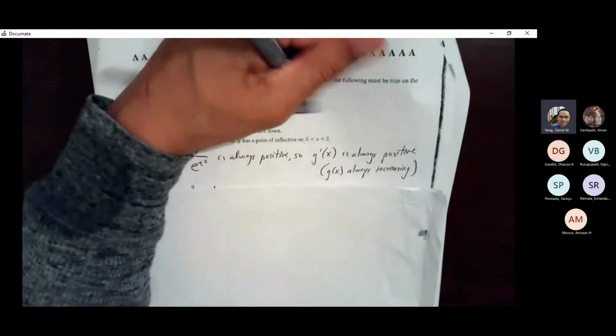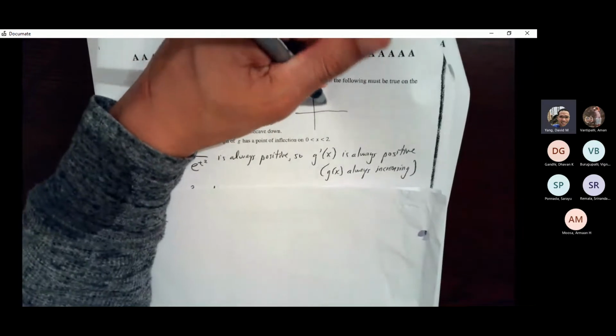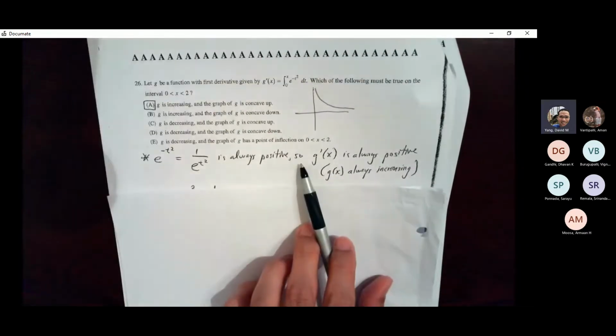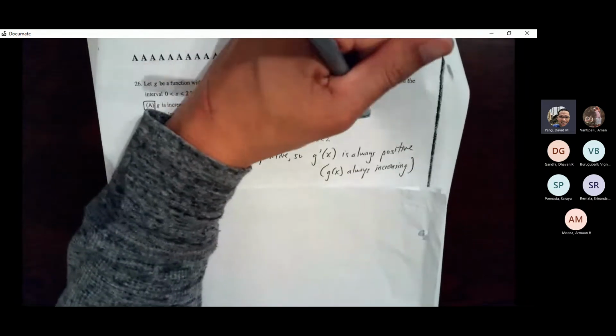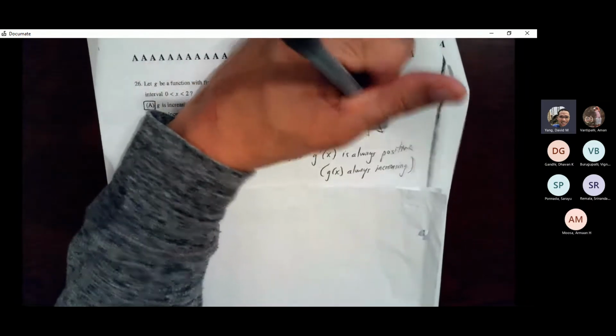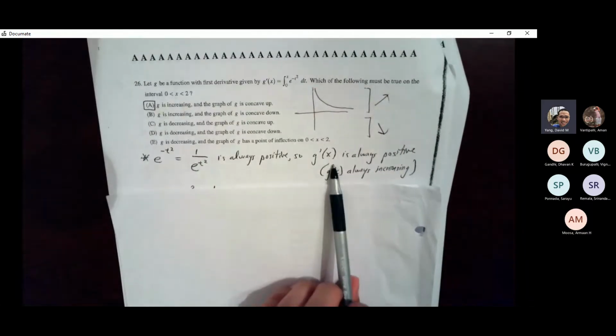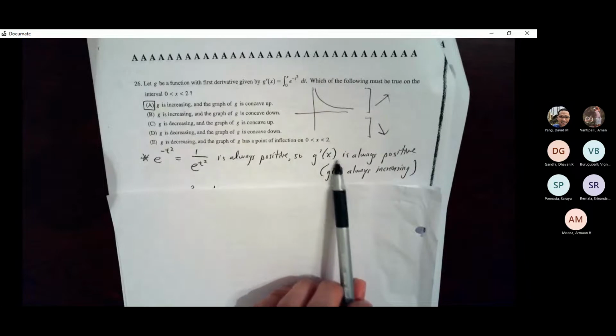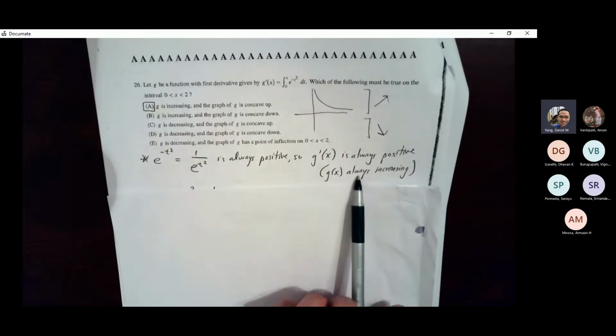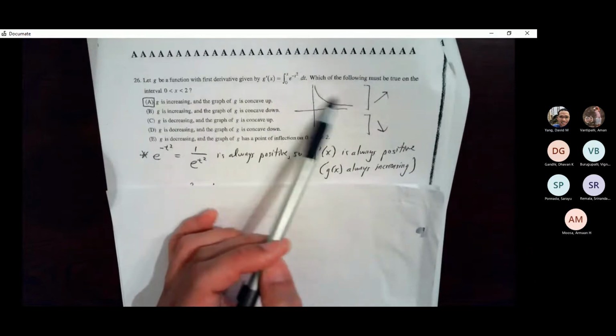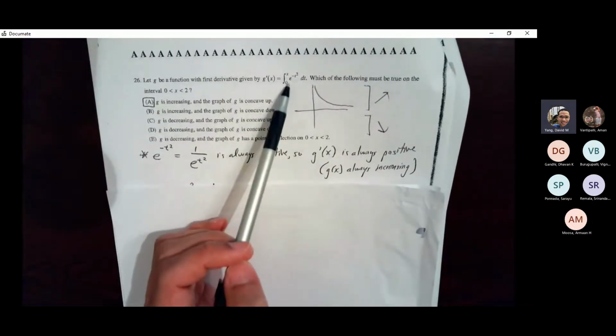And that's always going to be positive, even if the graph may look something like this. It's always positive, which means that if this is the derivative graph, anything that sits above the x-axis represents positive slope. So anything above the x-axis is still positive. I know my slope is always going to be rising, always positive. If my g prime is always positive, that means my original graph is always going to be rising. Now the second derivative,